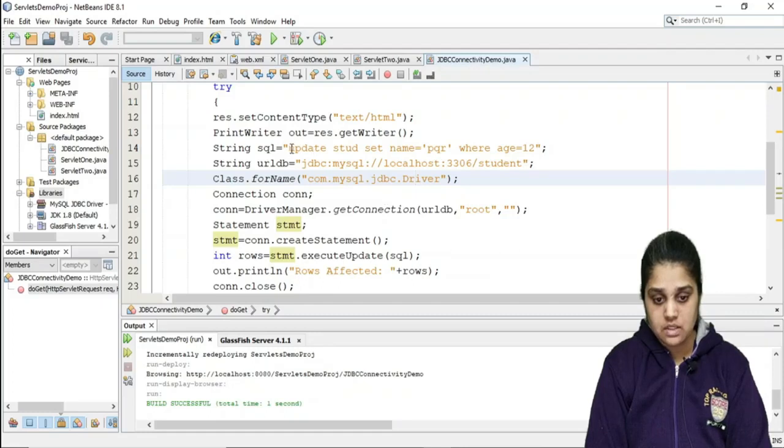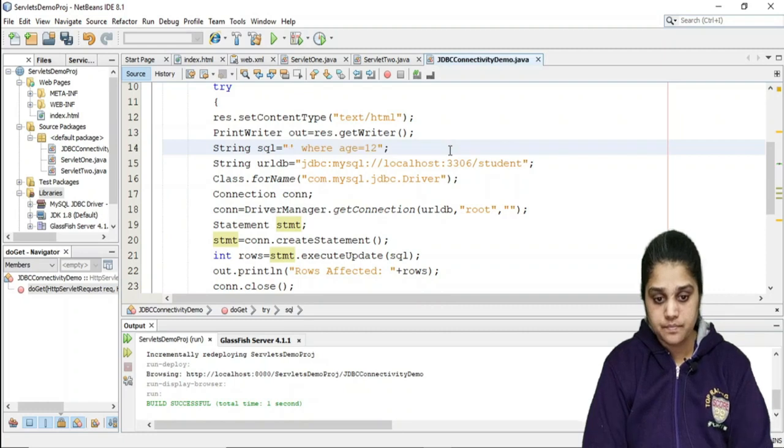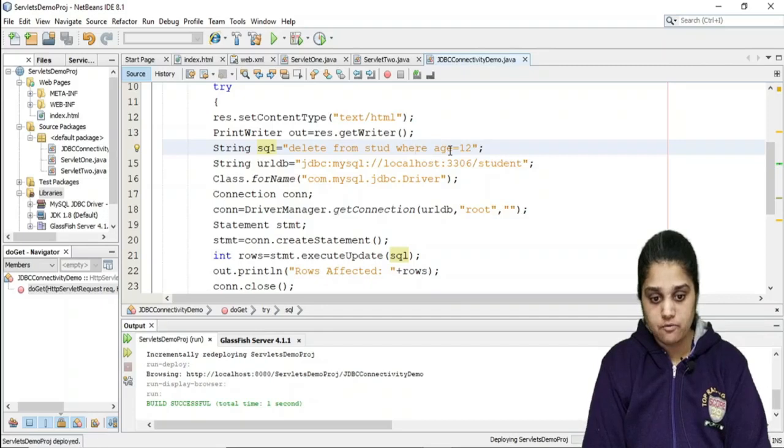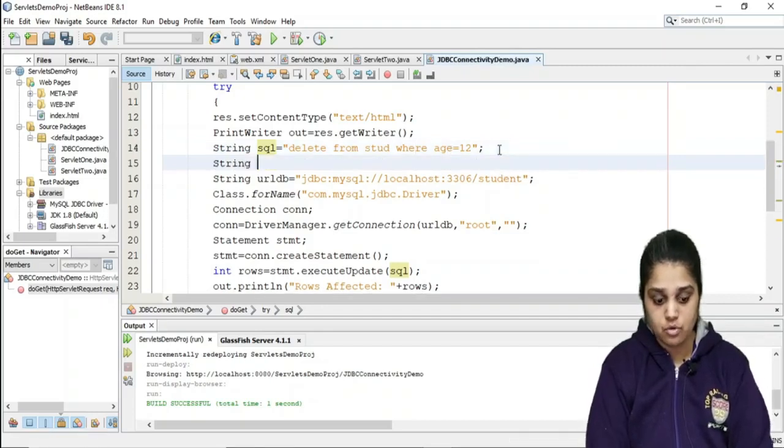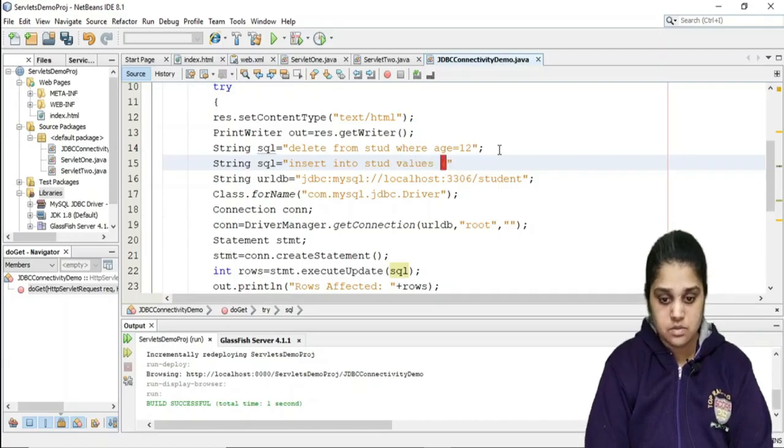Now we shall delete from stud where age is 12. Along with this I am writing one more query, that is insert into stud values, because I am going to need it later on.